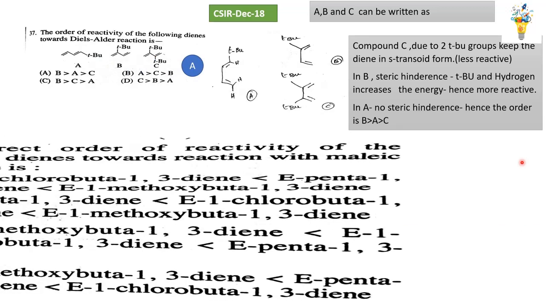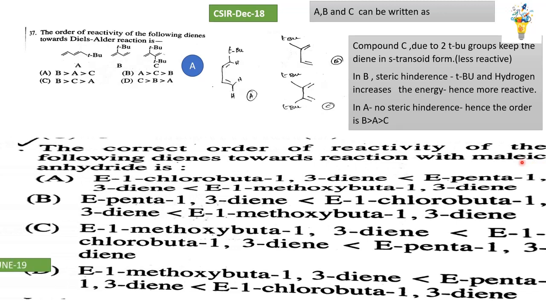Next, there's a question from CSIR June 19. Here, the correct order of reactivity of the following dienes towards reaction with maleic anhydride is asked. Two options are given, two compounds. One is